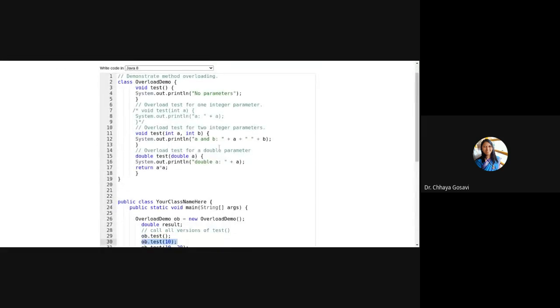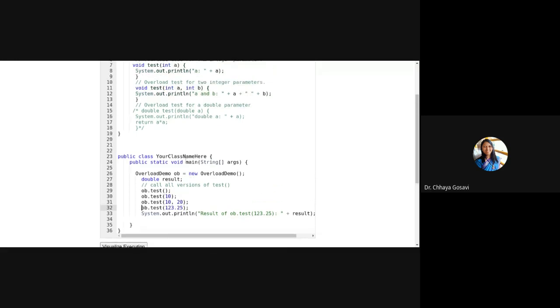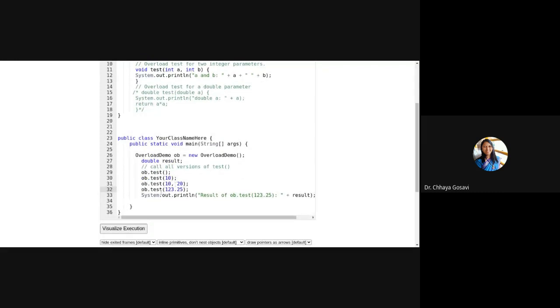But if I do the reverse, if I keep the integer method as it is, and I comment out the double part, that means I don't have a function which accepts double input. So how does the compiler match the function calls?